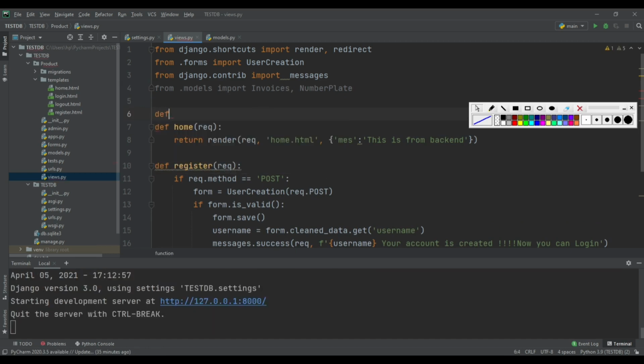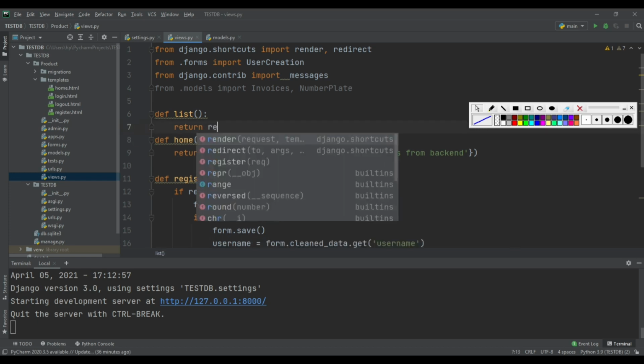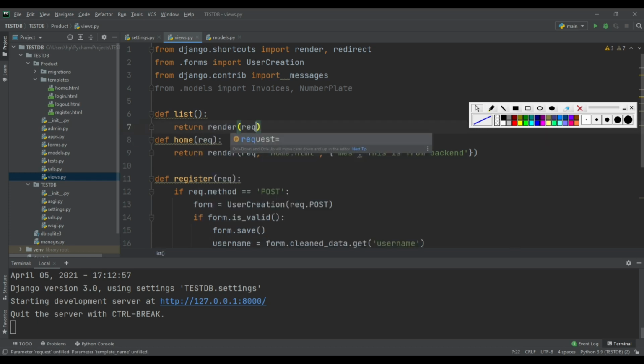Now create a function called list, return render request. I'm going to create a separate HTML file called list.html.